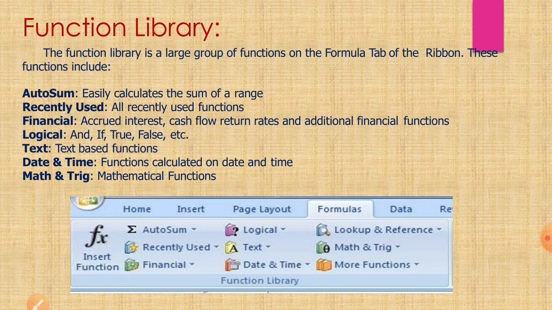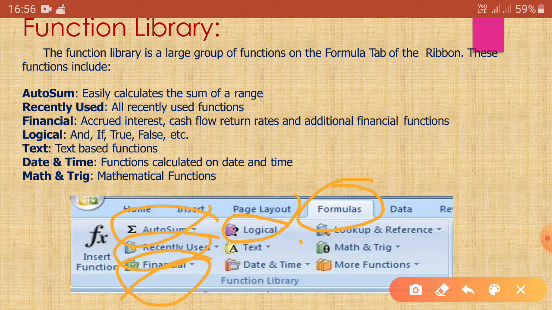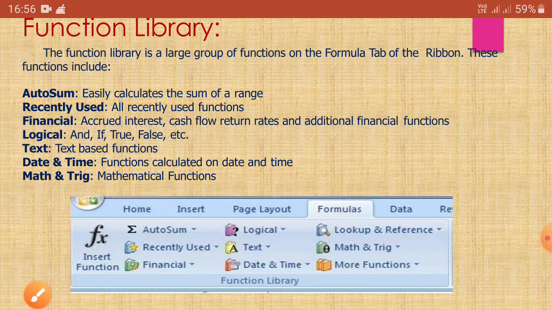It is on the formula tab of the ribbon. So click on the formula tab and then you will have all the options: AutoSum, recently used, financial, logical, text, date and time, lookup and reference, math and trig, and many more functions. So basically the function library is a large group of functions.